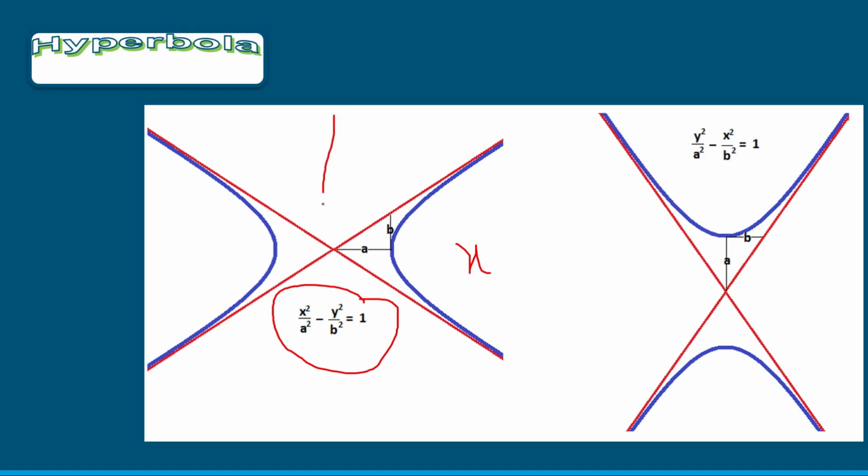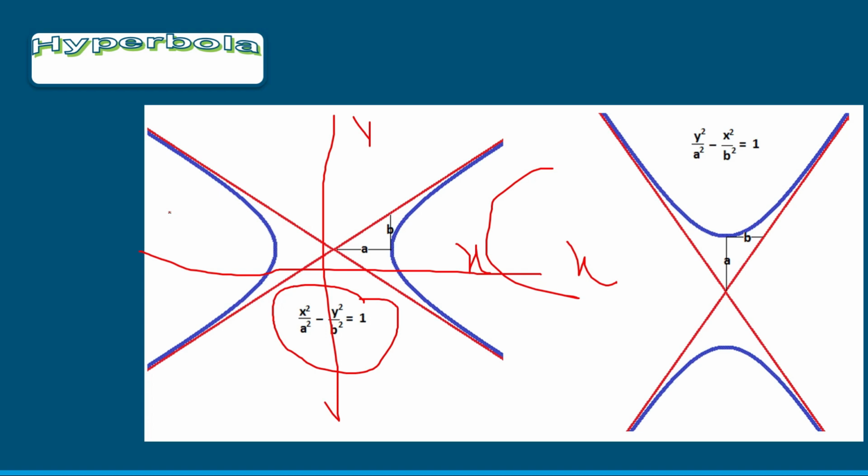If you consider this as the x-axis, kindly bear with my drawing. If I am assuming this is the x-axis, this is the y-axis, and these are the values of the semi-major axis and semi-minor axis. A is called the semi-major axis, B is called the semi-minor axis. So in this case, if you write x square by a square minus y square by b square is equal to 1, you will get two curves like this, lying on both the positive x-axis and negative x-axis, one being a replica of the other.